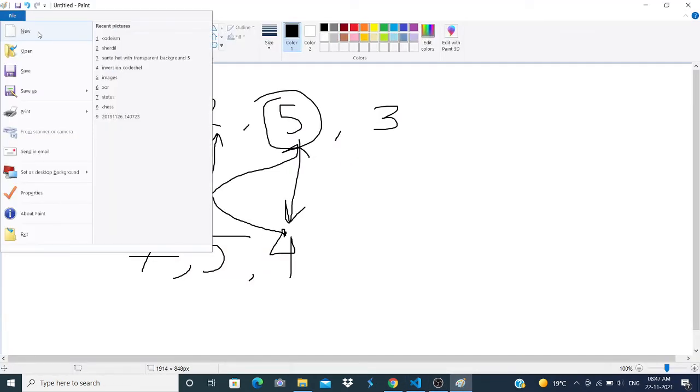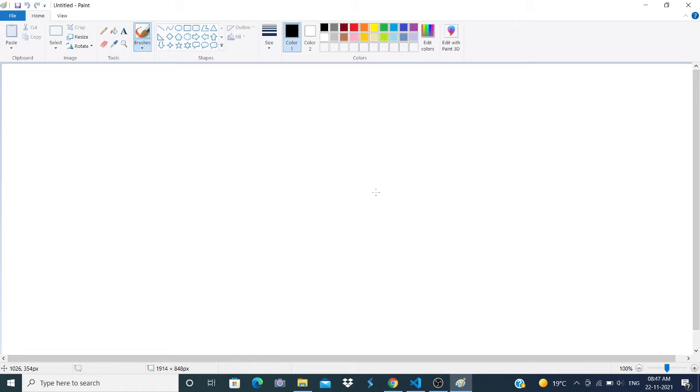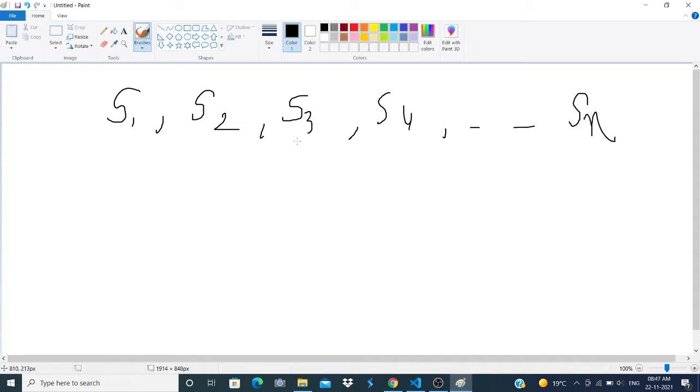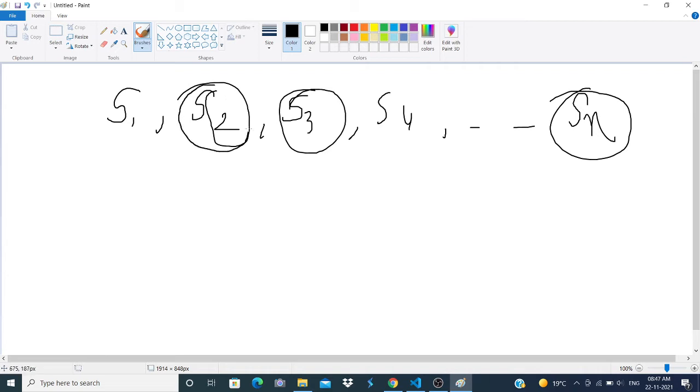So basically what it means is that we only know the sizes of the slippers lying in a line. We don't know how many guests there are and what size requirement each guest has. We don't know both these things, but we are interested in the count of interesting subsets, say a subset like S2, S3 and Sn, and an interesting subset is one which is possible to have.